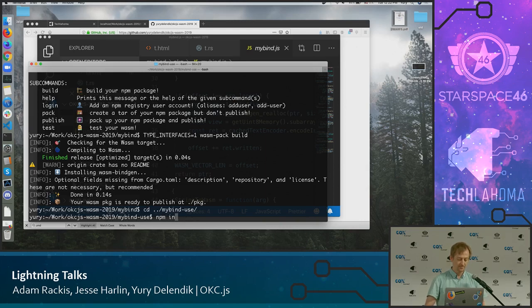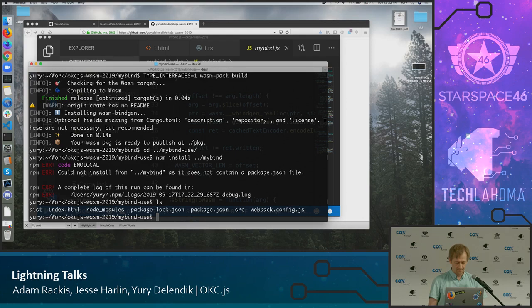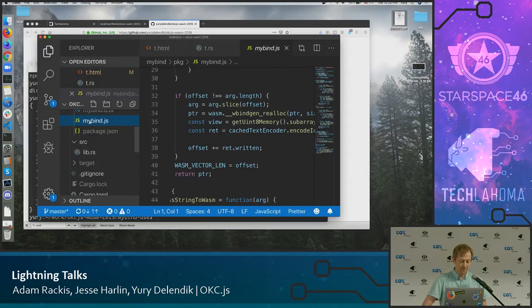I'll add my bind as a dependency. Install. I guess I already did it, but I'll do it anyway. Let's see. Yeah, I already did it. So I added it as a dependency, and I wrote some